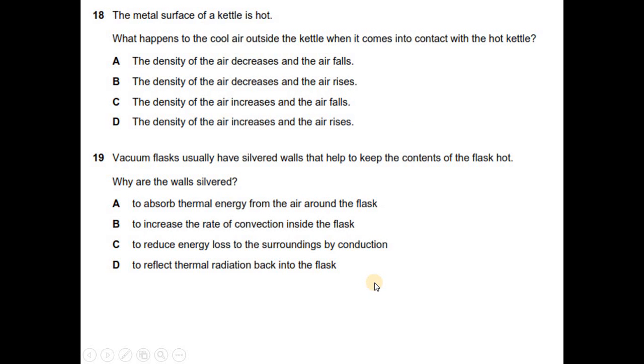Question number 18. The metal surface of a kettle is hot. What happens to the cool air outside the kettle when it comes into contact with the hot kettle? The density of the air decreases and the air falls. The density of the air decreases and the air rises. The density of the air increases and the air falls. The density of the air increases and it rises. Of course, when